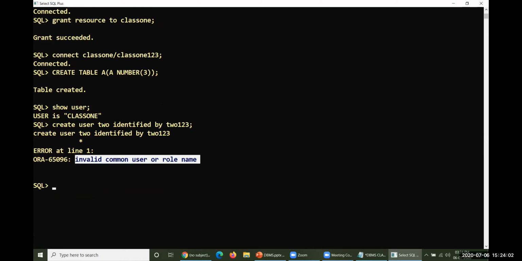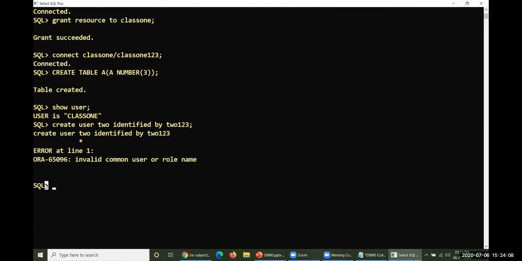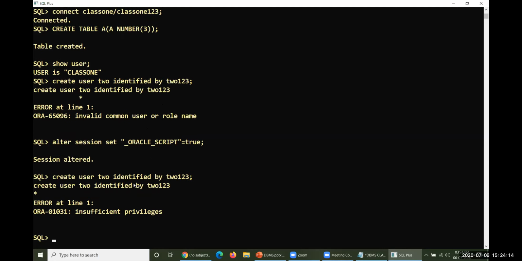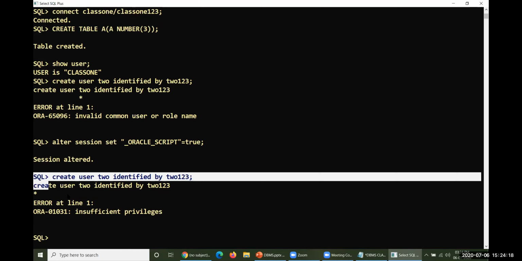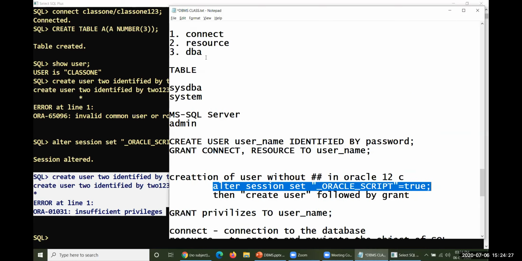Even then, if you are supposed to operate this particular command, alter session, something like this, it could not give you a chance to operate here. So look at this, insufficient privileges. You don't have the particular privileges to create a username, because the DBA privilege cannot be there with you.